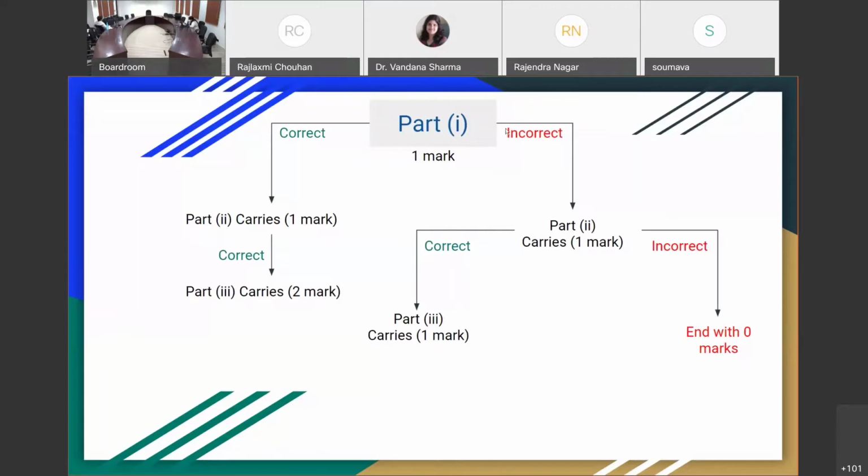What I want is that the answer should be adaptive, in the sense that if this is the path which is being taken, then part 3 carries only 1 mark. But otherwise part 3 was carrying 2 marks. Here again, if it is incorrect, then you just leave the form and give 0, because basically you don't know how to solve the question, right? So there's no point in continuing to give partial marks.